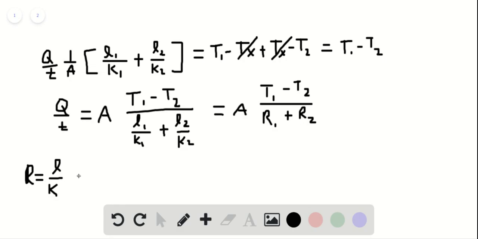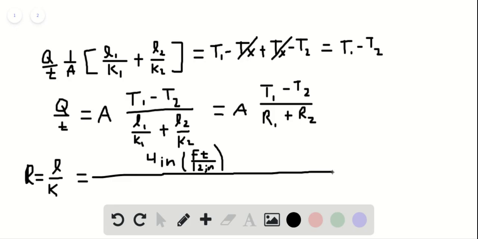So in this case, we're going to have 4 inches as the numerator, and then convert that into feet using the fact that there are 12 inches in a foot. So this would be multiplied by foot divided by 12 inches. So now our numerator is in feet. And in the denominator, we have 0.85